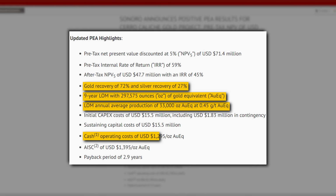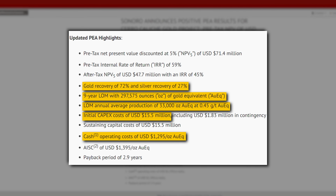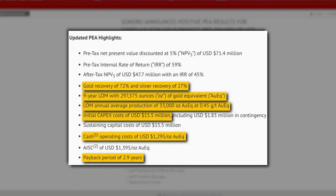Cash costs, meanwhile, are estimated at $12.95 an ounce. No, it may not be a size queen, but that's still a respectable level of production each year. And all this is based on initial capex costs of about $15.5 million, with the mine boasting a payback period of 2.8 years. Over the life of the mine, it's expected to cash flow about $70.1 million on a cumulative